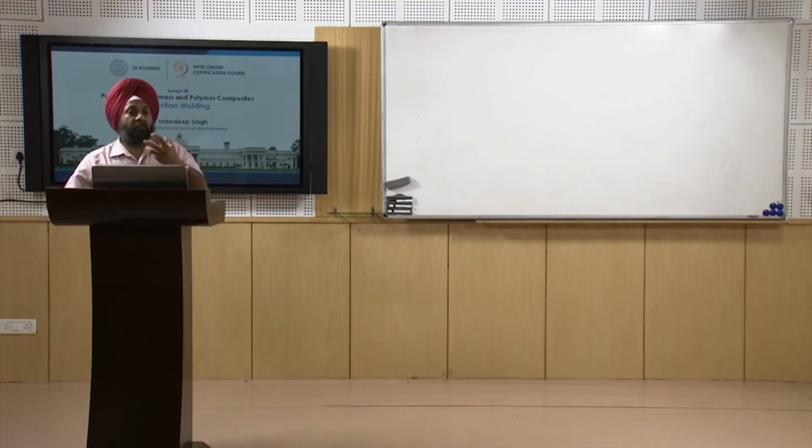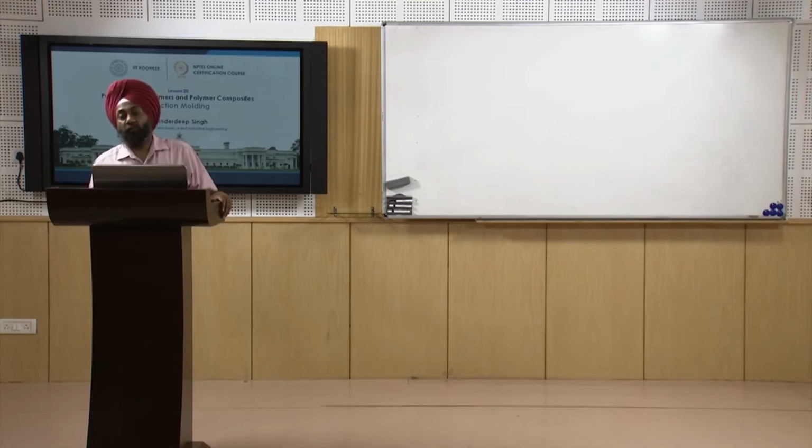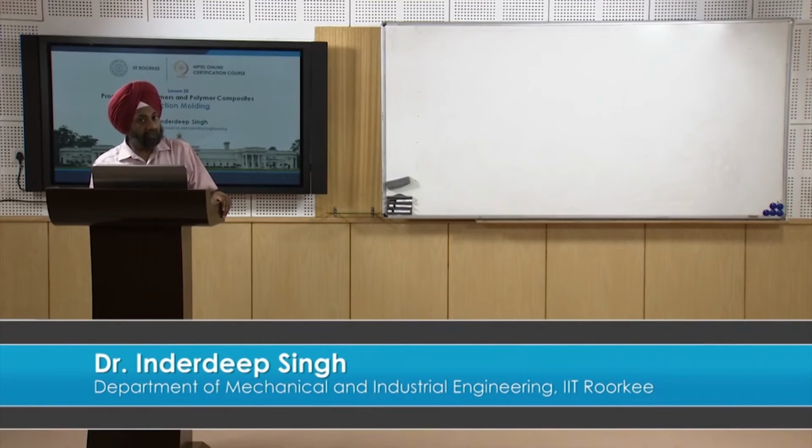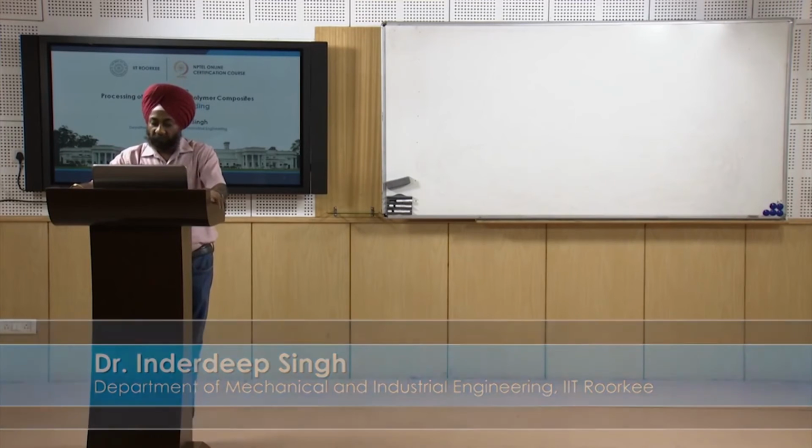Now why is high pressure required? Because the polymer has to go inside the mold and reach the farthest corner of the mold. If we do not apply pressure, the polymer may not have the velocity to enter the farthest or the thinner sections of the mold, and we may get a defective product. So we have to optimize the injection pressure also in order to get a good quality product.